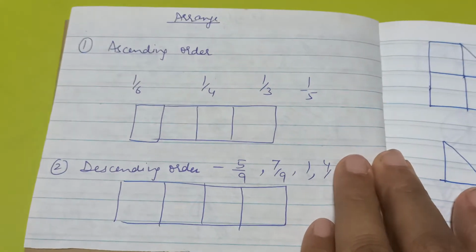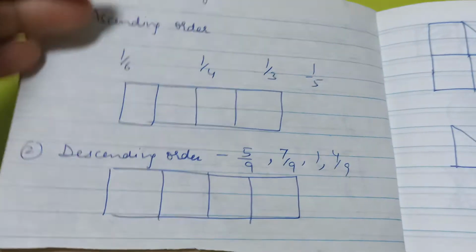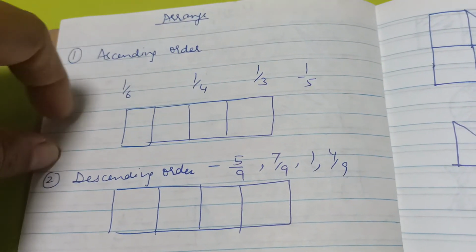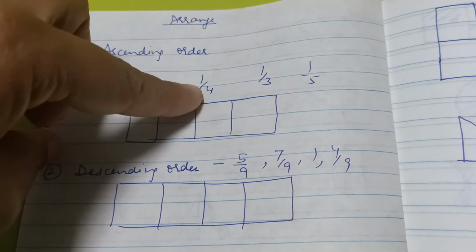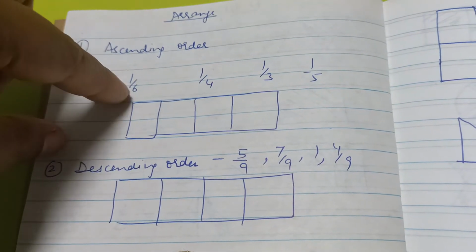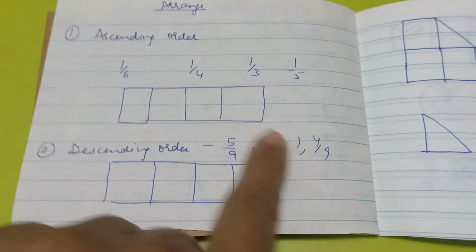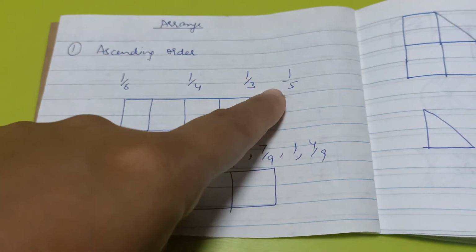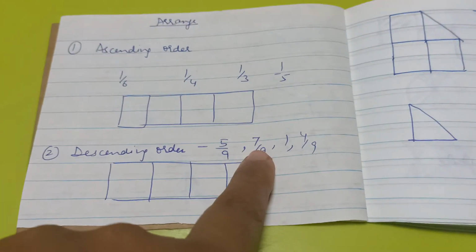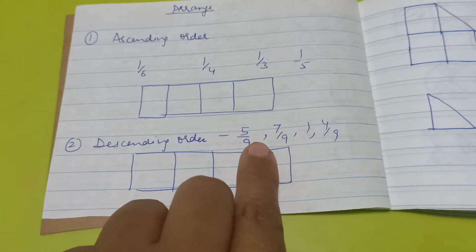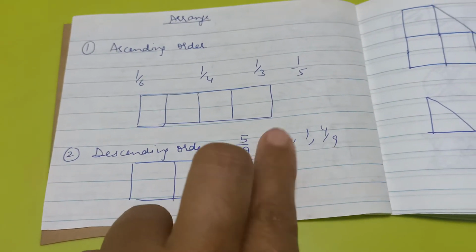Then we go to arranging order, how we compare the fractions. Again, as explained in my tutorial, we do it with a circle, a shape, divided into 6 parts, divided into 4 parts. See, is 1 by 4 of that part bigger or is 1 by 6 bigger? So ascending order, descending order. Here the base, the denominator, is changing, so basically we're dividing into more parts. And here the base is constant, it means we are dividing into equal parts, but we are counting 5 of 9 parts, 7 of 9 parts.